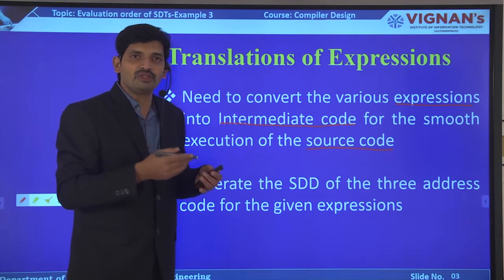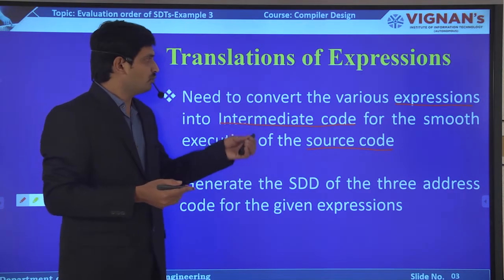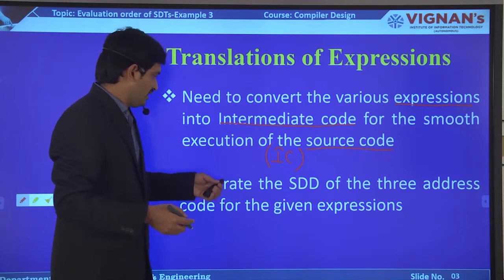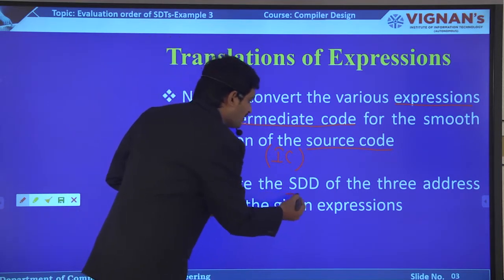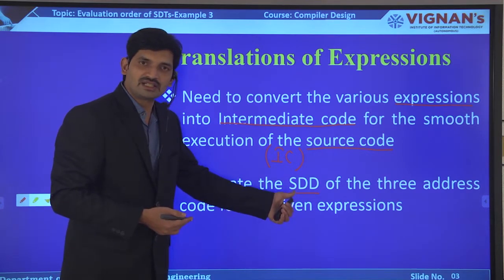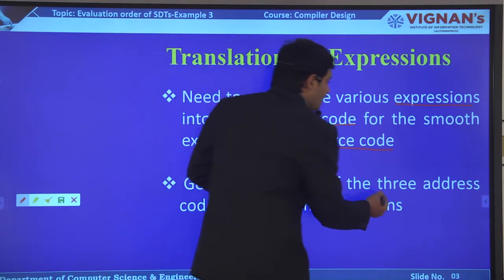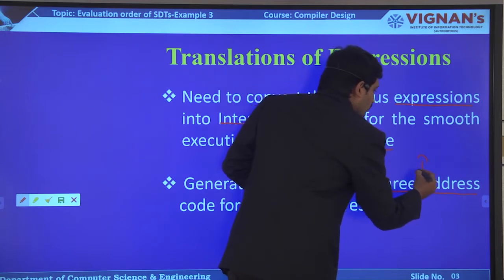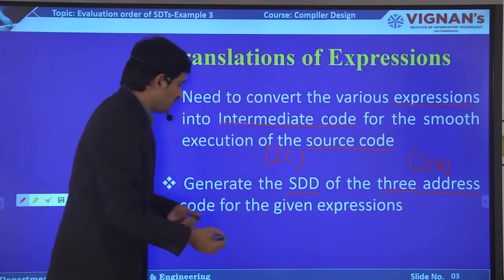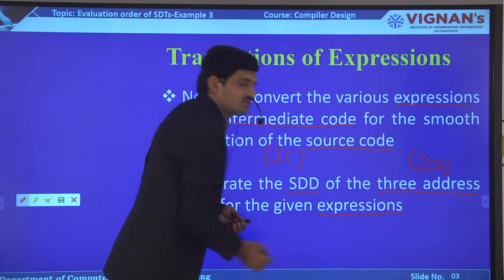So in between source code and machine code, we have to generate the intermediate code for the smooth execution of the program, and we have to generate the SDD. SDD stands for the syntax directed definition of the 3 address code, which is one form of intermediate code, for the given expressions.